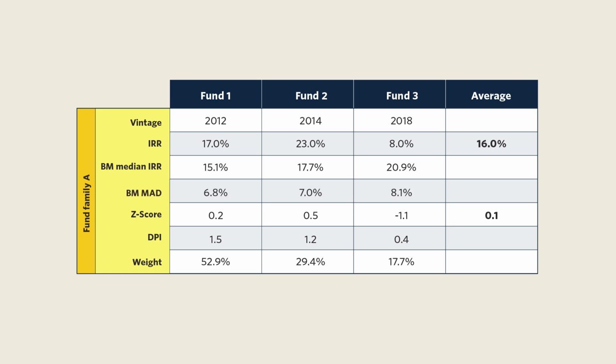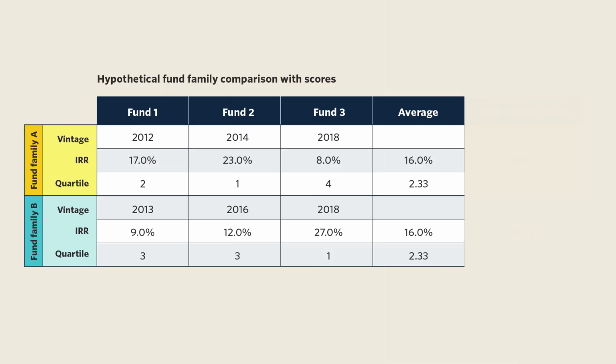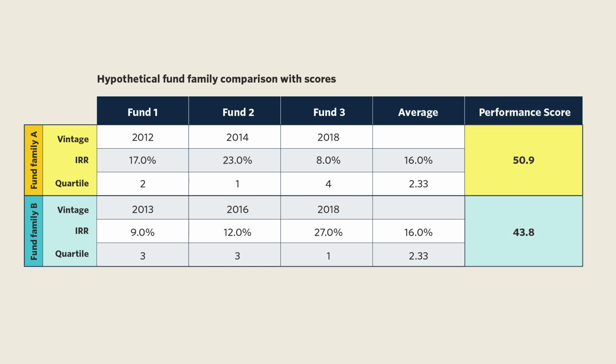We cap the age of the fund at 12 years to avoid overweighting mature funds. Finally, the weighted scores are combined into a single manager performance score at the family level. With this framework, it becomes easier to rank the historical performance of managers with diverse vintage and strategy mixes. Going back to our hypothetical example, we can see that our scores from Family A are higher in aggregate than